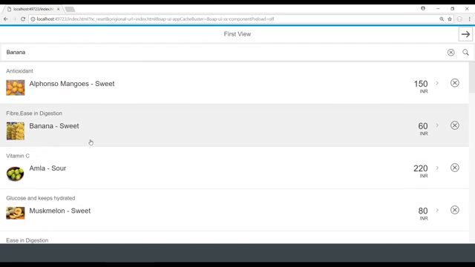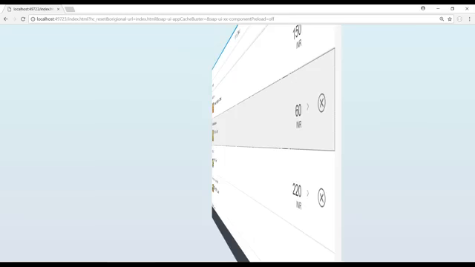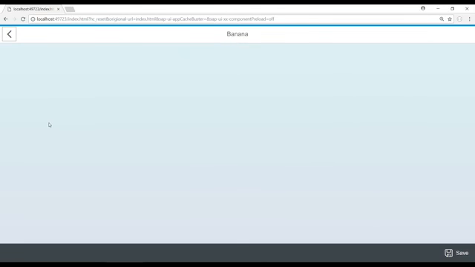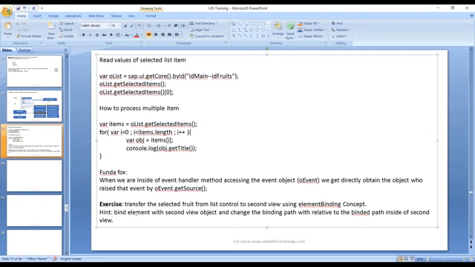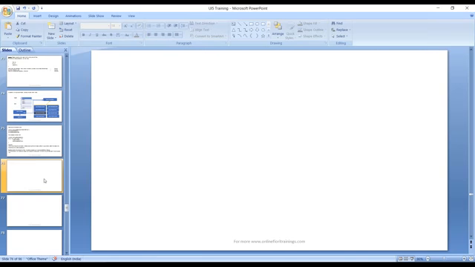And then when the user clicks on one of the records, we are transferring the title of that particular record to another JSON model, which is again global. And that's the model property which is bound to the title of the second list control. Towards the end of the class, I gave an exercise to all of you to try out the same example with bind element. So just to recap quickly what is bind element,